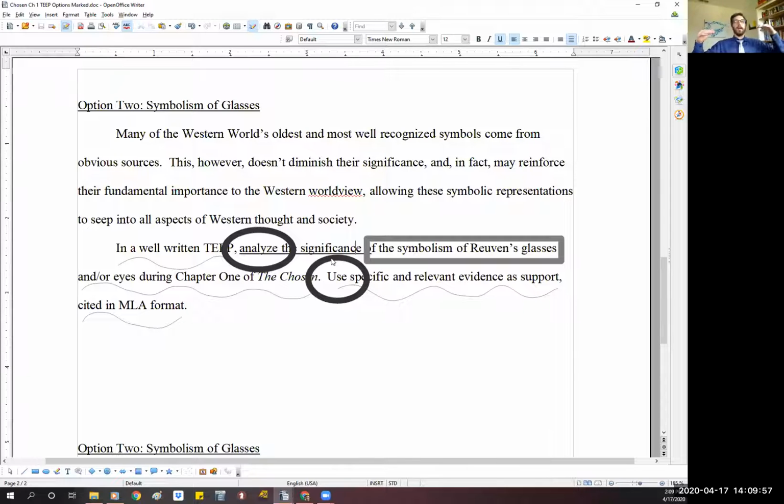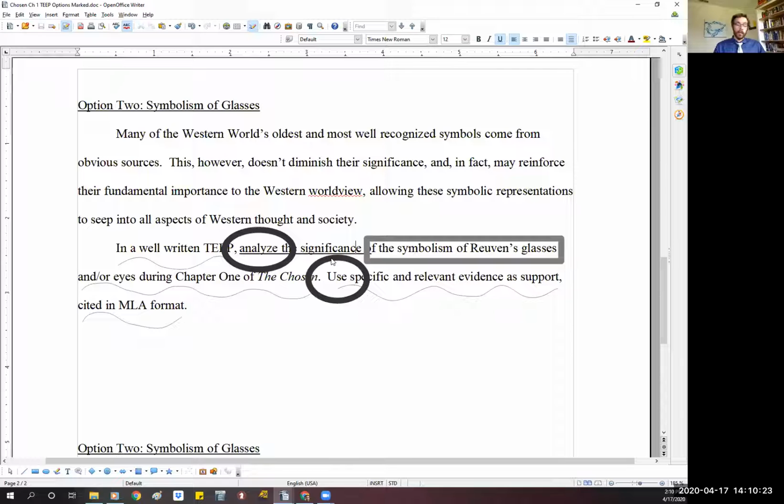Glasses symbolize blank, or eyes represent blank. You can use those synonyms, that's totally fine, but make sure you have that very directly stated in there, not only for your own self, so you can help make sure your writing's focused, but also so you know you're responding to the prompt, because sometimes we can just try to get too fancy, and we wind up kind of going off the mark. So please make sure you're checking that for your own self there as well.